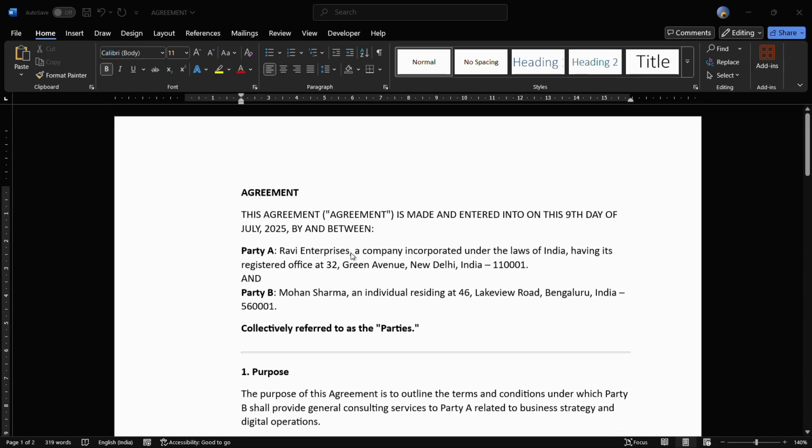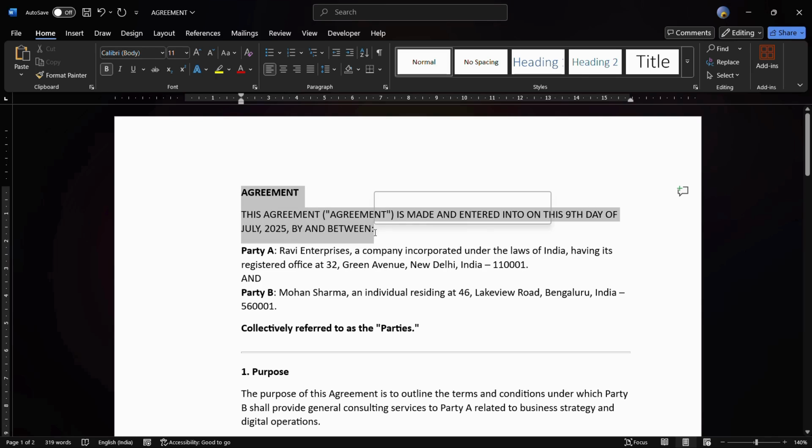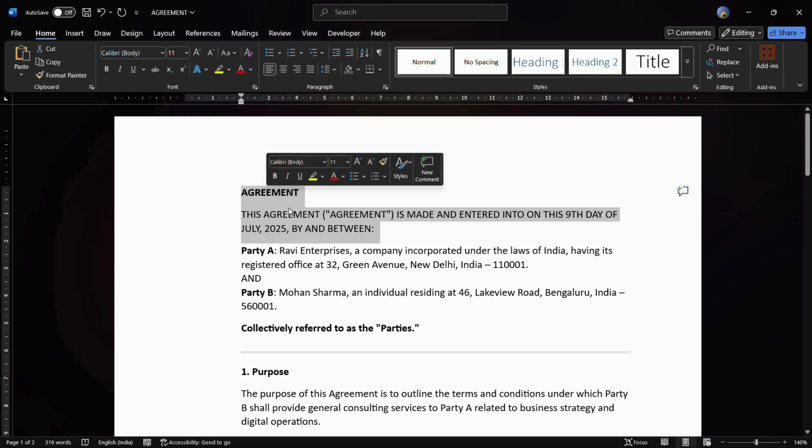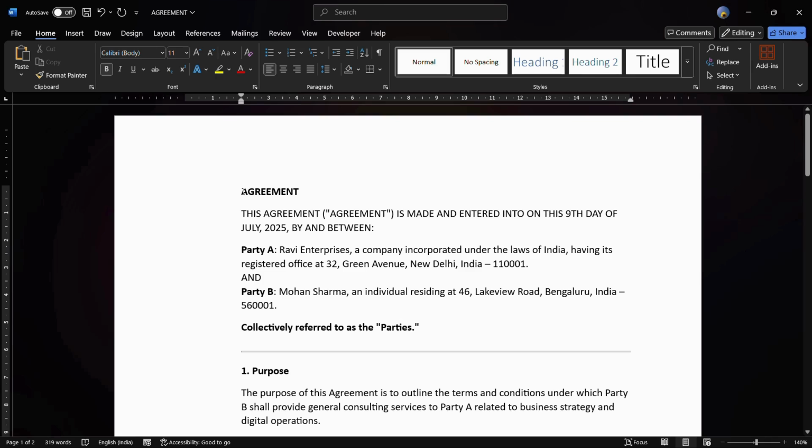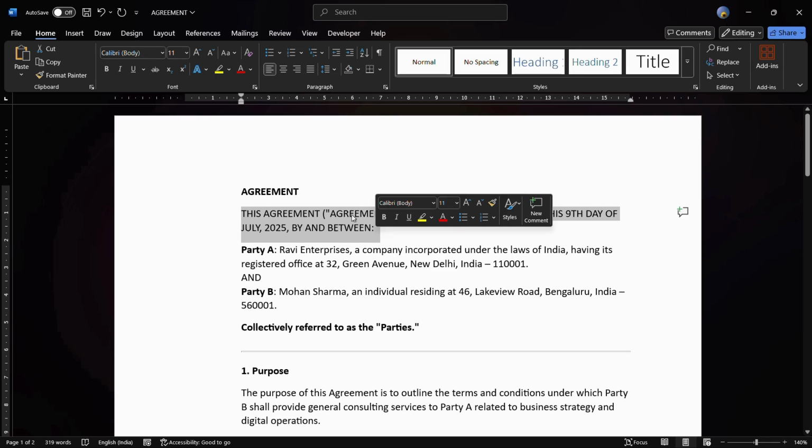So in many situations in the real world, you might have come across these types of issues when a large amount of text is either in lowercase or uppercase and you want to change it. In this particular document, as you can see here, this particular sentence which starts from here and ends here is currently in uppercase. What we are going to learn is to simply, with just a few clicks,